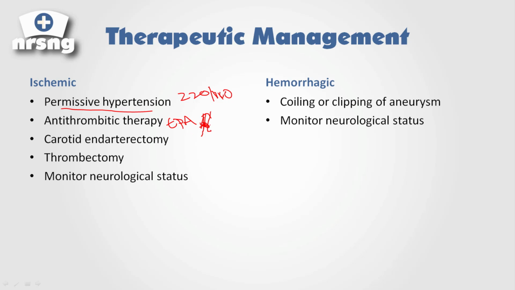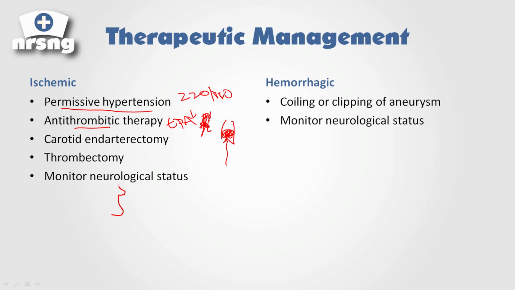We could also provide antithrombotic therapy. This would be like TPA. Now, with a patient on TPA, we actually bring that blood pressure down a bit because there's a huge risk for bleeding out with TPA. So what TPA actually does, it's antithrombotic, right? So we have this thrombus in our vessel, and the TPA actually goes in there and bam, it busts that up. Okay, it's pretty cool.